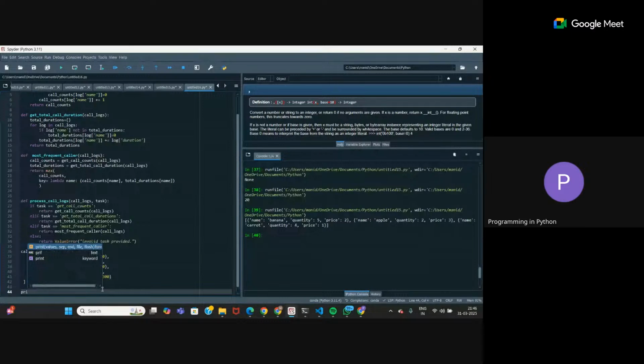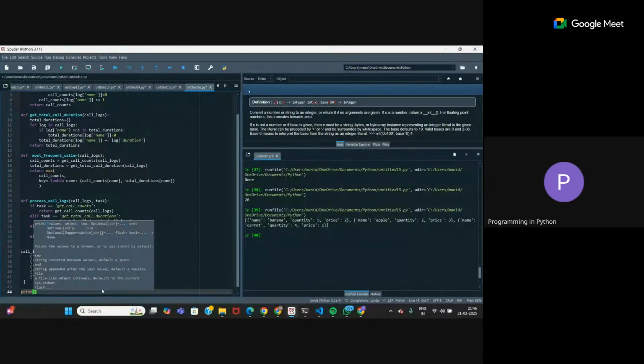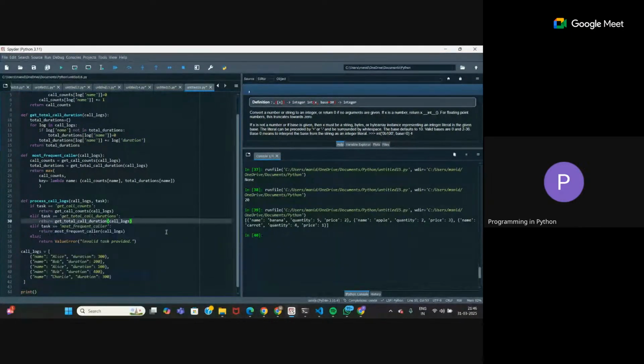Now let's call one of the functions. So print, you have to call the main function. The main function name is process call logs. What is the parameter? Pass the call logs and the task.